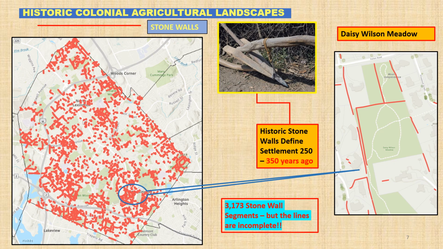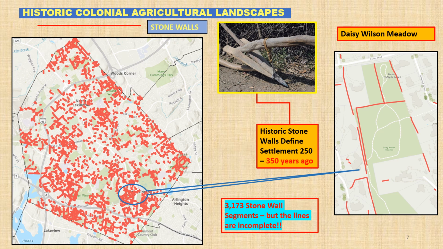As the prior images have suggested, stone walls are a key element of the historic archaeological landscape. Thousands of walls exist throughout Lexington, as is illustrated by the map of the town on the left. Each one of the red lines or dots is a segment of stone wall. This map was created 15 years ago based on